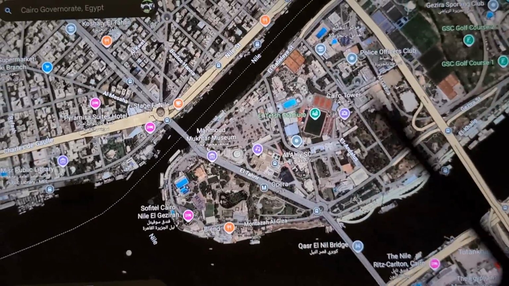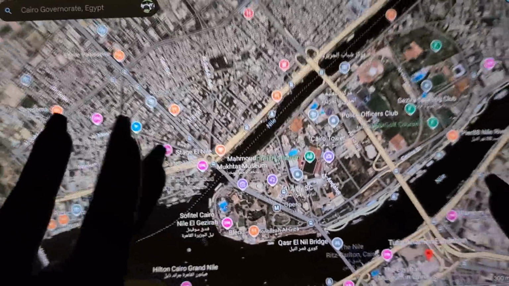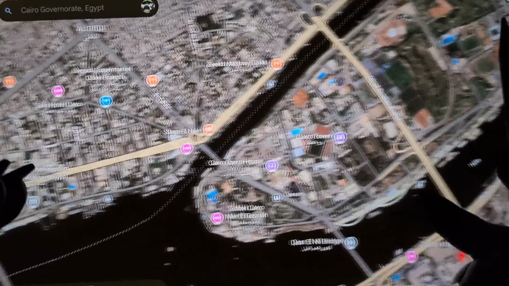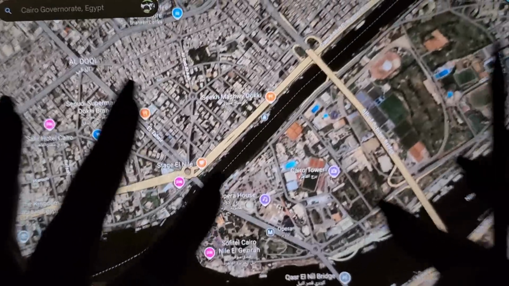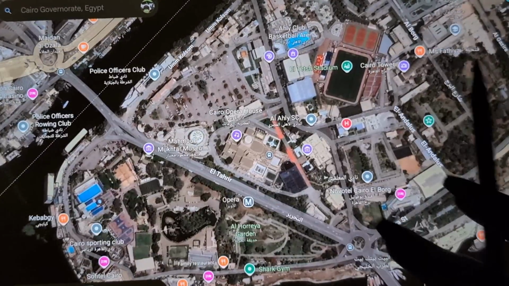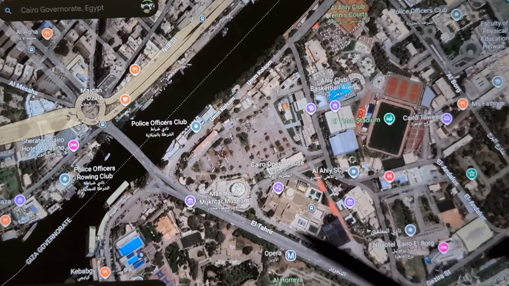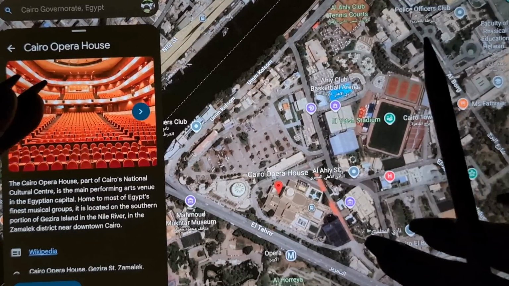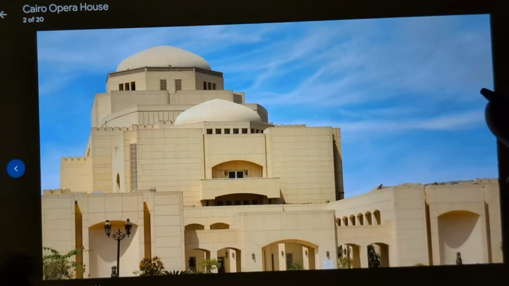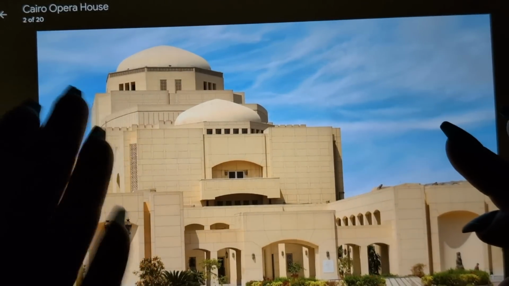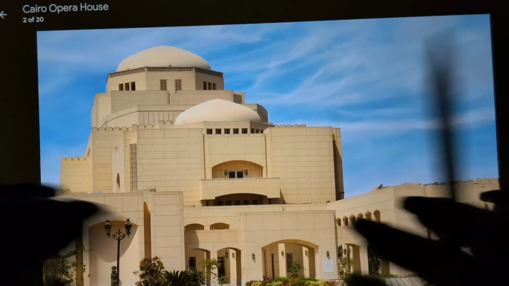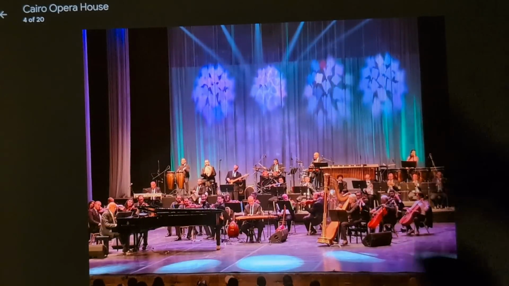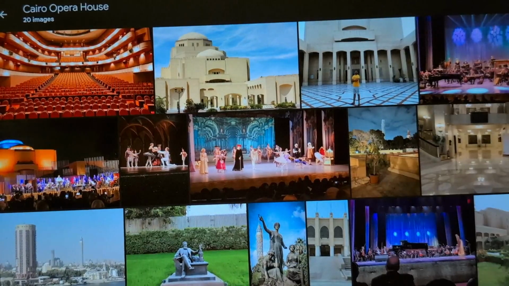Also over here, this is another little modern area of Cairo. This is Gezira Island, right? Since the Nile River was dammed, these islands don't flood over, so we can build all kinds of fancy things on here. Over here is the Cairo Opera House. It was originally built during the British occupation, but it burned down and was rebuilt, so it looks more Egyptian now. I imagine it used to look more European. I haven't seen any pictures of what it looked like before it burned down, but it definitely looks more Egyptian themed today.